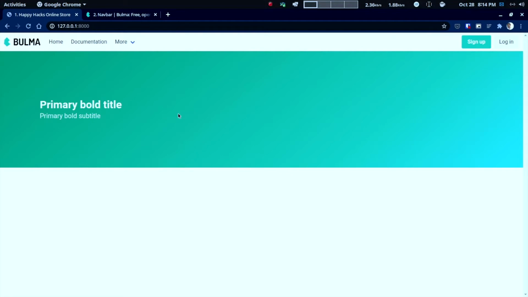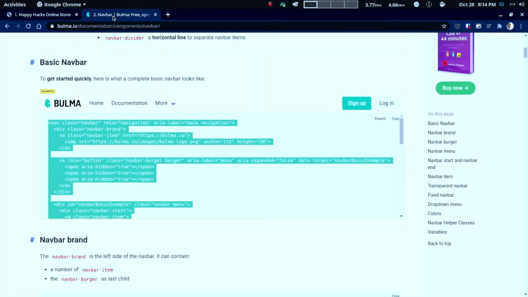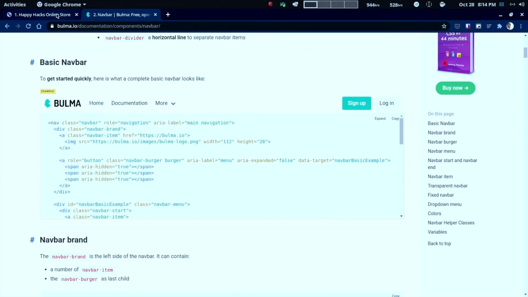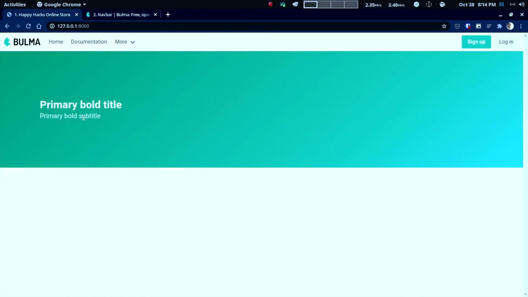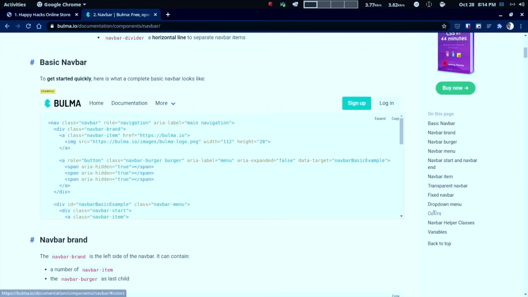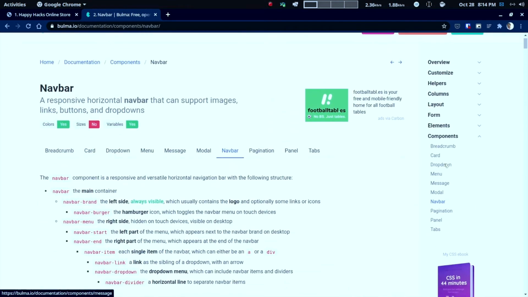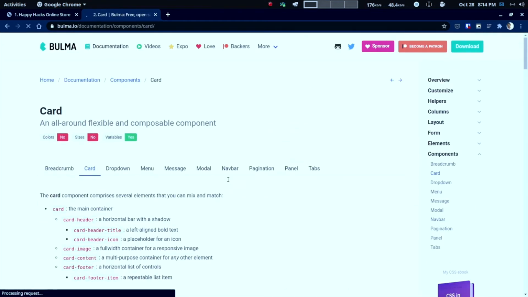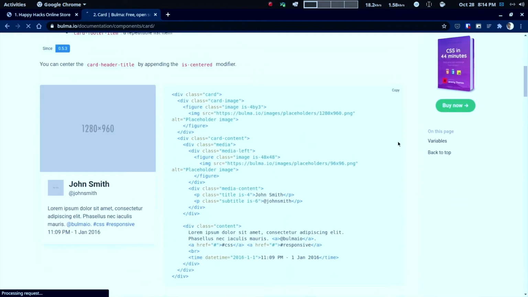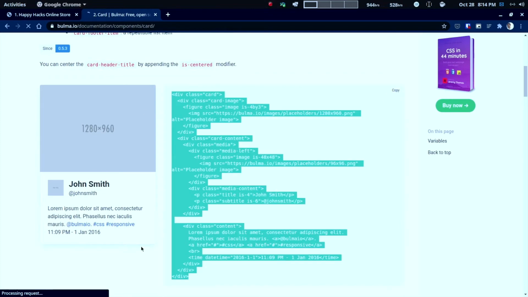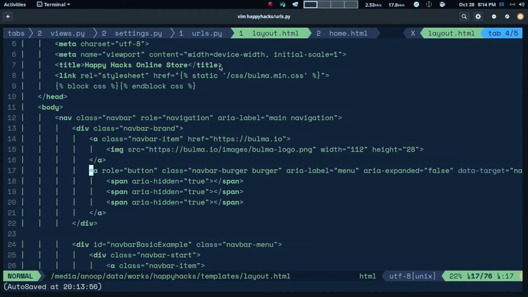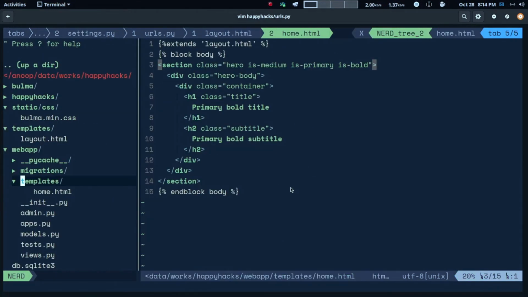So you load the Bulma, and you stick to the structure of the css, then everything is going to be working as expected. But if you tweak that, then there would be some breaking in the css here and there. So you have to stick to the documentation of the Bulma to get the exact same as what they are saying. So I am using this card there, so to display each and every item that we upload, we